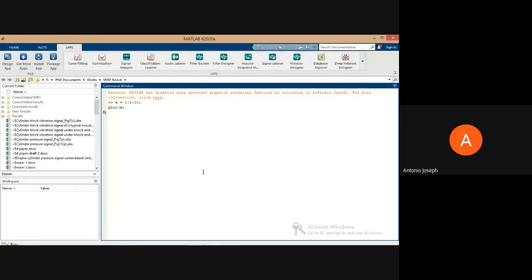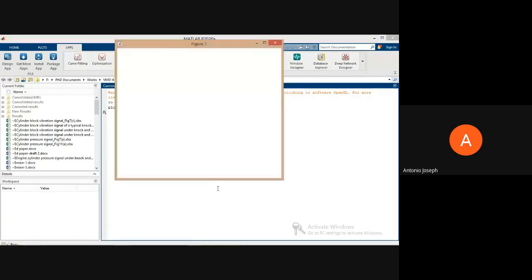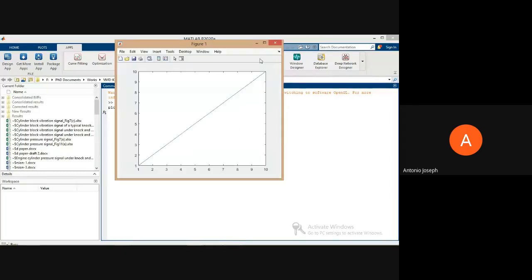Once after plotting the graphs, we can use the editors for providing the grids or creating the title, X label, Y label, etc. So this is a graph in a particular window.